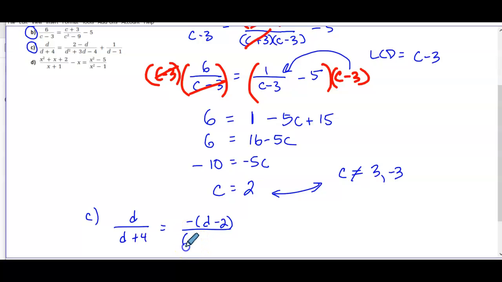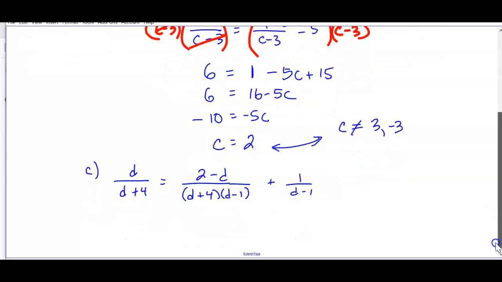So then our denominator will be d plus 4, d minus 1. Actually, I'm going to go back. Nothing divides out here. So actually, I'm going to leave it as it was so that I don't have to expand those brackets. Okay, so now